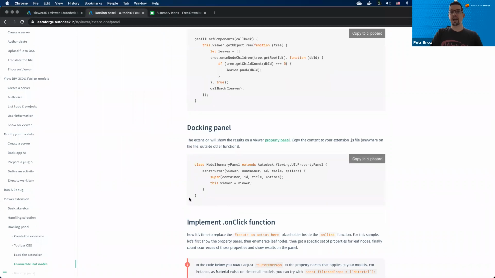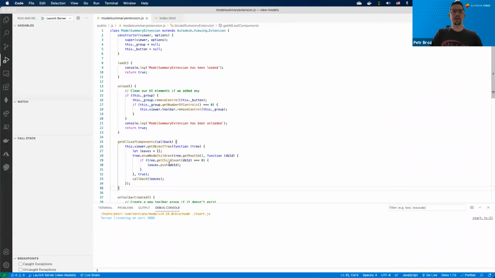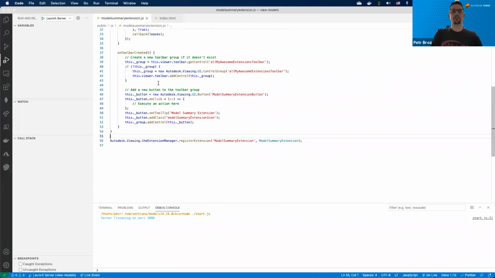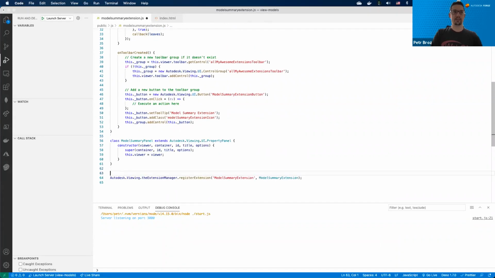Next thing, we're going to add the actual class for our new UI element, the panel where we're going to show the summary, the histogram data. So let me copy this docking panel snippet into the clipboard, and let's add that class after our extension class. All right, so this time we're defining a class called ModelSummaryPanel, which is extending a different class,